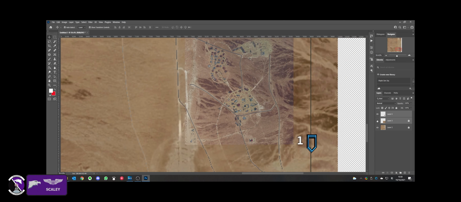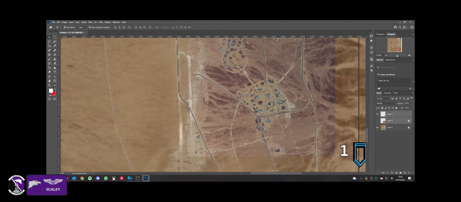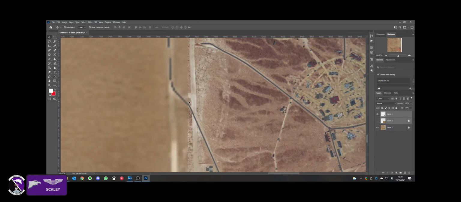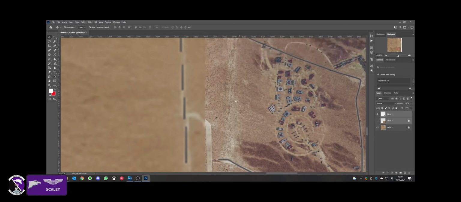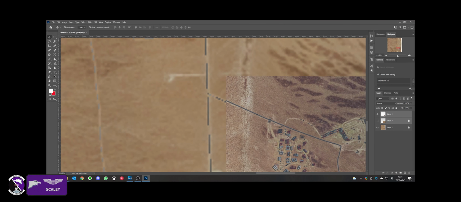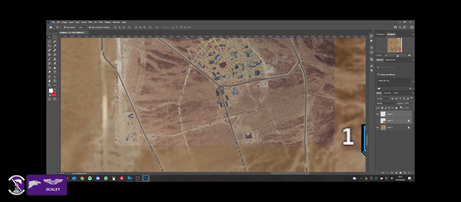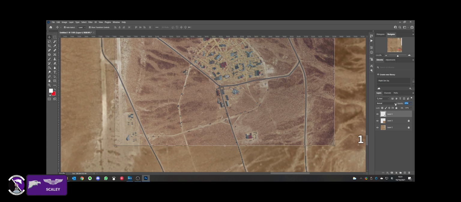And now you can see if you cut out the intermediate layer, you've got the top layer pretty much bang on, barring a tiny bit of perspective distortion at the corners because of the lensing effects and the slant ranges, but that is as close as you're going to get. If we put the intermediate layer on and we start to play with the opacity of just the top layer, you'll see that is,